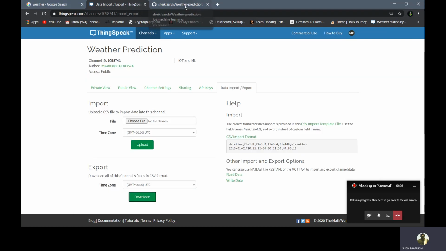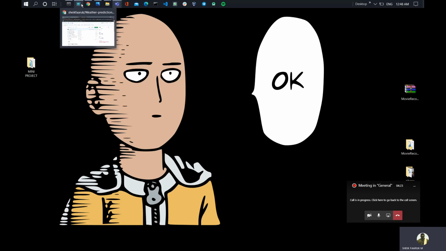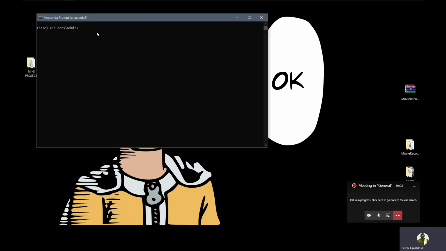And finally, we are going to use the data set to train and test the ML model. Here we go. Here I am using the Anaconda prompt, which opens a Jupyter notebook.